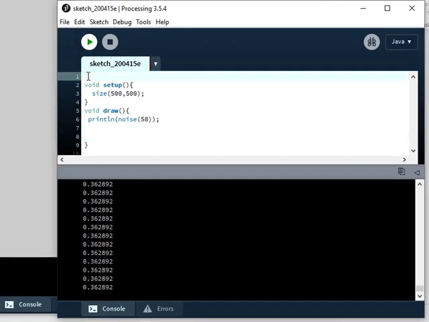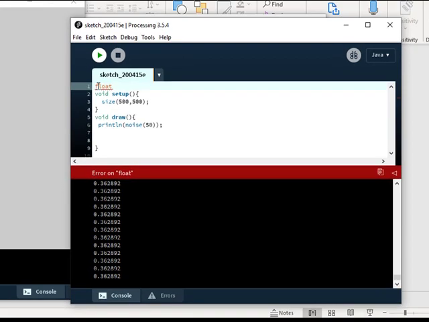Okay, so I'm going to use a variable, and it has to be a float type because noise creates numbers that are decimals. I'm going to call it n for noise, and I'll just have it equaling 0 to start with. So instead of having a number here, I'm going to use my variable, and then to get it to move,